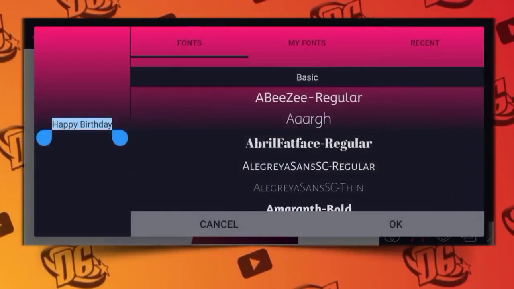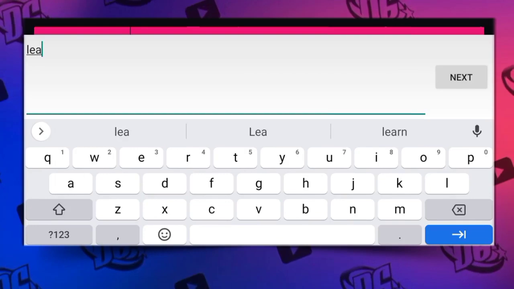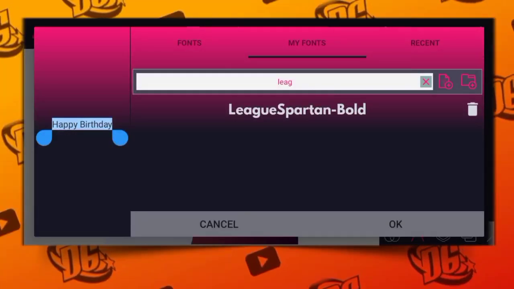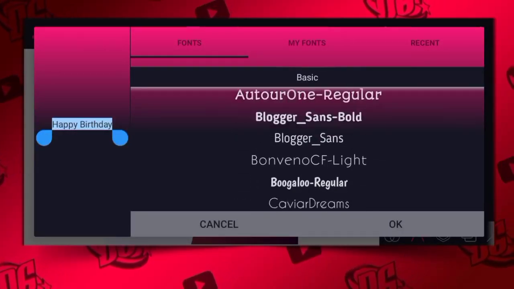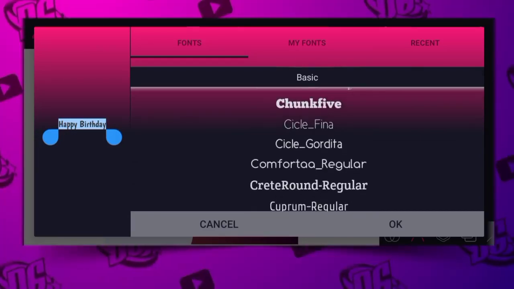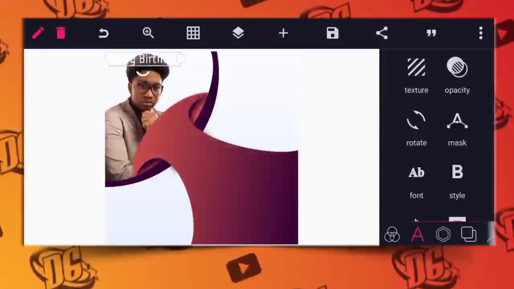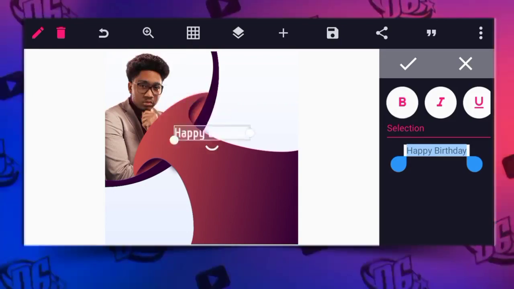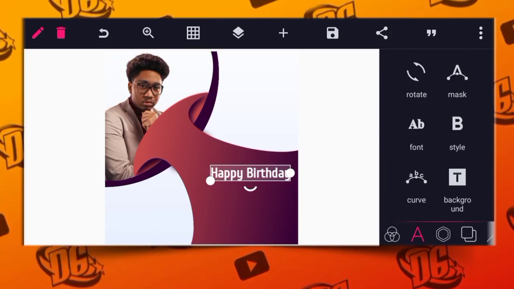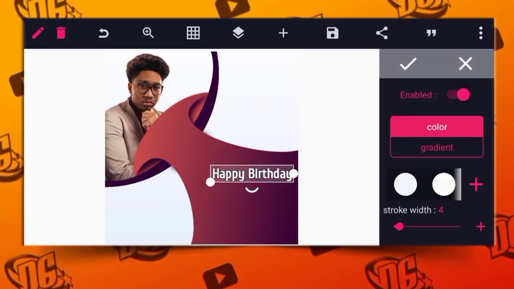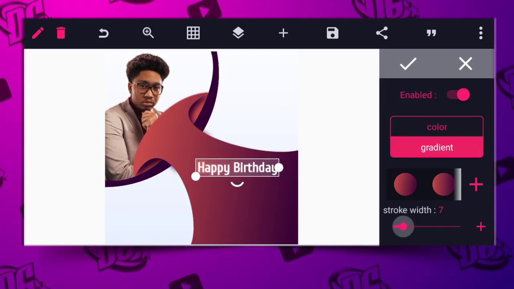So I'm going to use, let's say, Sparta. Or let me use another font entirely. Like let's look at this. Or this. So let's use this font. Click bold to bold it. Now that I've done that, the next thing I'm going to do is go to stroke. I'll go to stroke, then enable the gradient. So you can actually see, I will increase the size a bit,